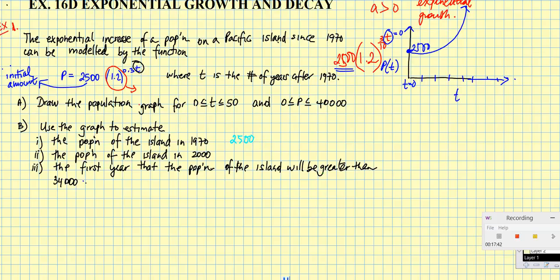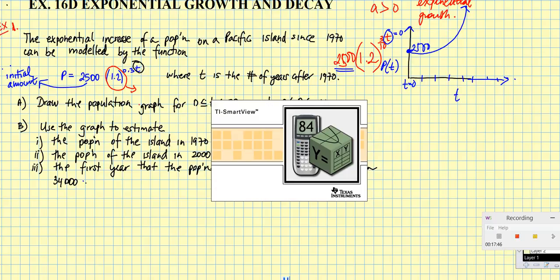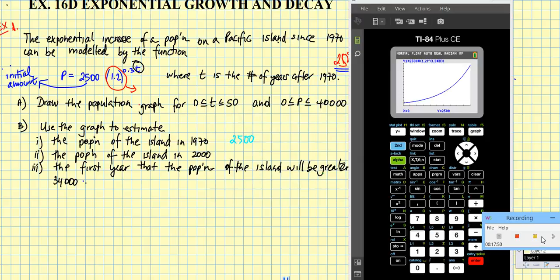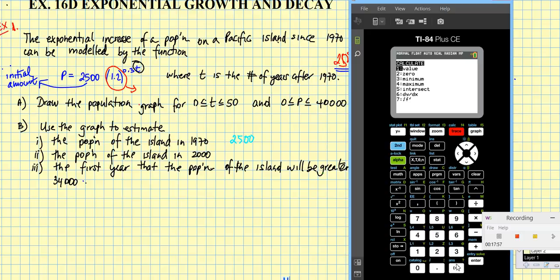All right. Now, if I wanted to do this again, I could go back to the second function calculate button, and I could go to the value once more, and this time I want to put in the population of the island in the year 2000. I obviously mean 30 years later, so I'll put in a time, or an x equaling 30. And what that turns out to be is